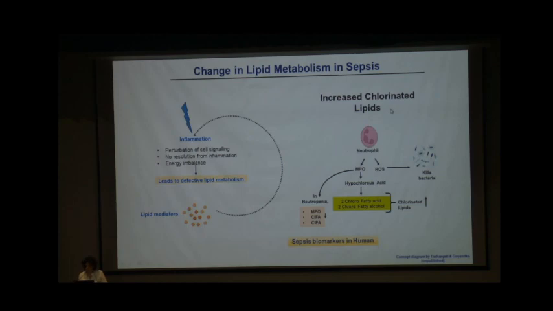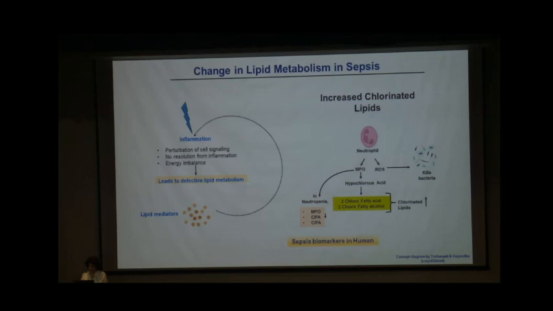And what happens when the neutrophils make MPO and ROS, they also produce hypochlorous acid, which converts the lipid molecule into 2-chlorofatty alcohol. Chlorinated lipids are increased even in neutropenia, when neutrophils are fewer, with MPO, so the chlorinated lipids are becoming a sign of sepsis. But this is the lipid biology during inflammation and sepsis.